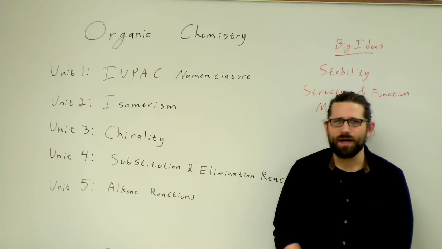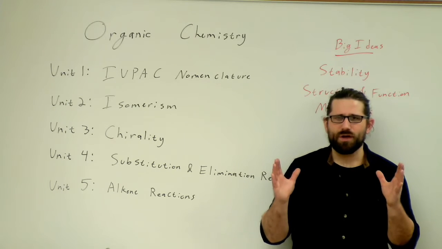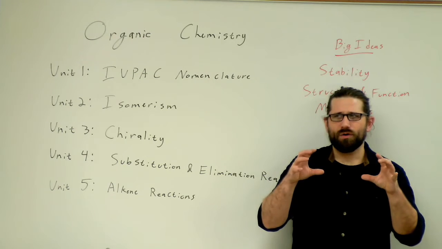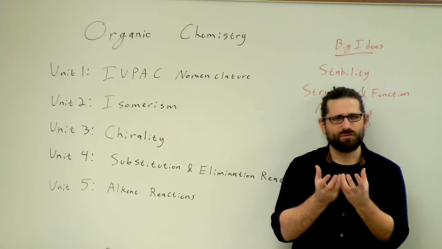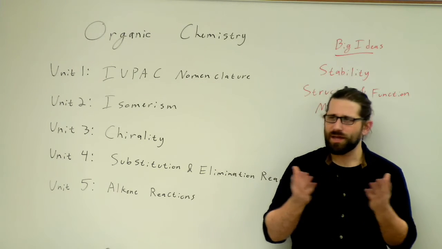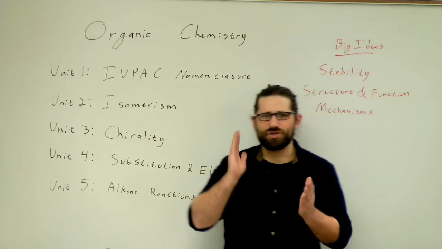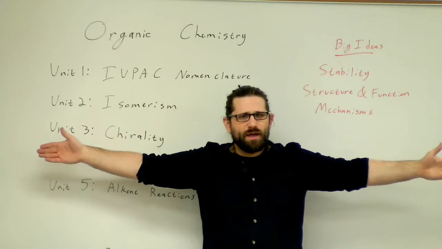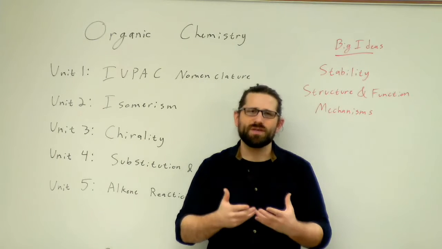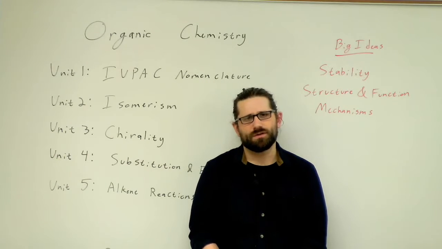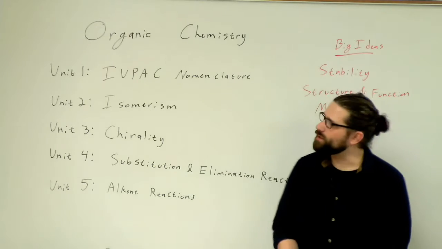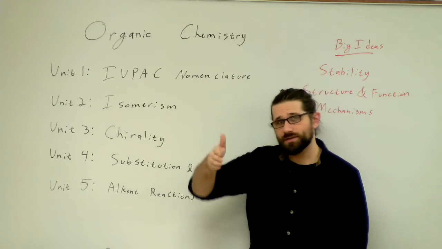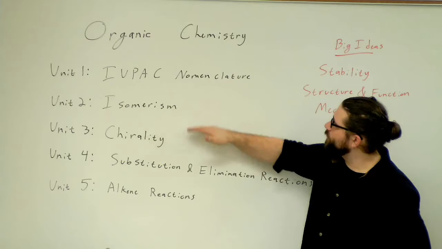It's going to look at not just how these atoms are structured together, but what orientation they are structured together in. I could have molecules that have a shape going this way, and I could have molecules that have a shape going this way. And those would give them significant property differences. So once again, we're going to be really focused on the structure and function and stability throughout these first 3